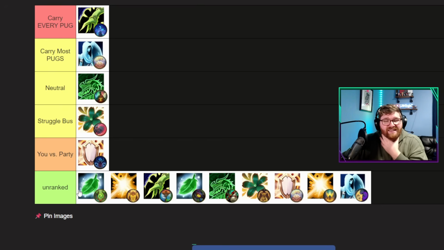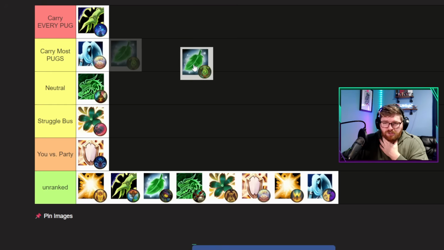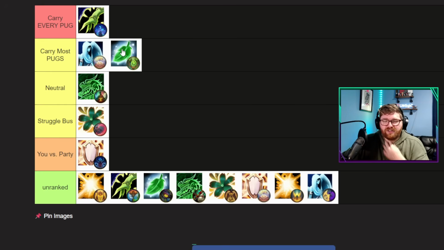Now, one healer that is not you versus your party, spoiler alert, is Resto Druid. Resto Druid is the meta healer for a reason. It does one thing, and it does it really well, and that is that it does a ton of healing, always. Resto Druid definitely holds the trophy for how much healing a healer could do outside of its cooldowns,